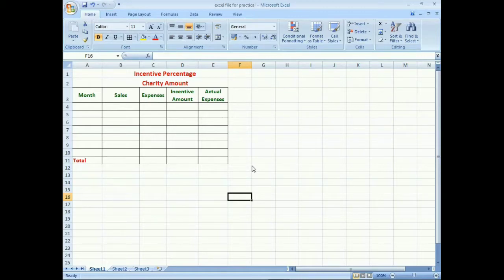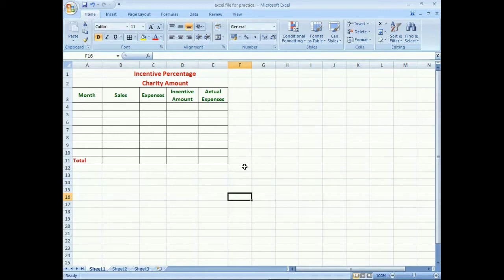Basic formulas involve only one operator in a formula. So how can we use a basic formula in Excel?